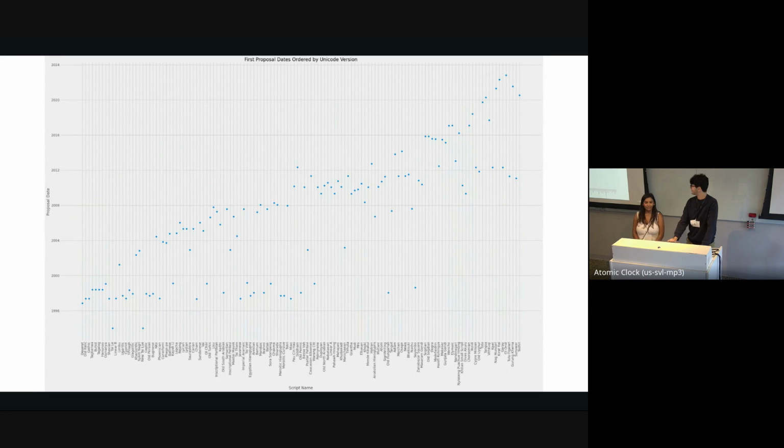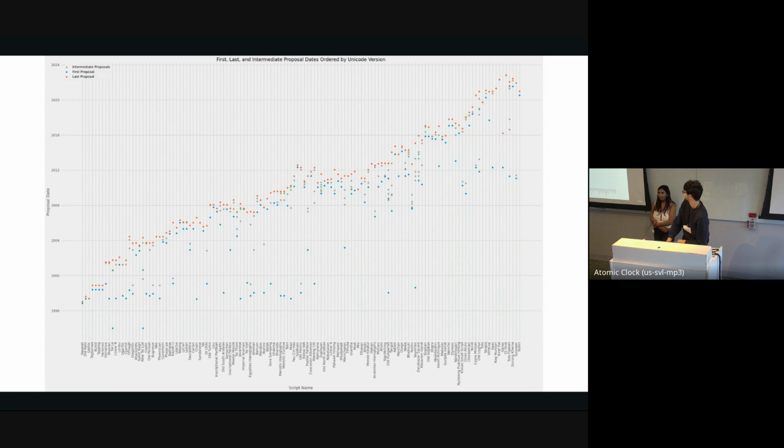Sorry in advance, it's going to be really hard to see these graphs. But one of the last things we wanted to look at was whether there were any patterns in general. In this graph, in blue, you have the first proposals with all of the scripts on the horizontal axis and the years they were added along the vertical axis. So there you have the trend of moving up. These blue dots are the first proposals. You'll see the pattern of the last proposals moving up in the same pattern as the blue proposals. Then we have green, which is just the proposals in the middle.